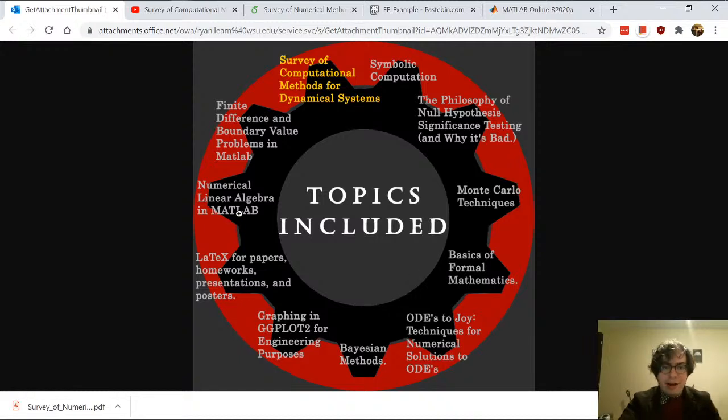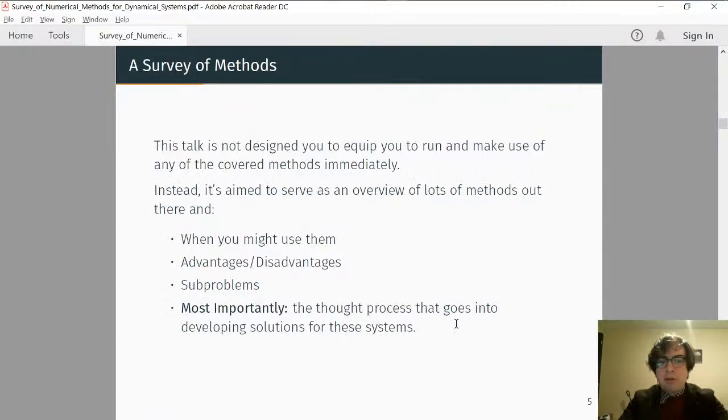Right? Numerical linear algebra in MATLAB, finite difference boundary value problems in MATLAB, and so on, to give you a piece of the puzzle to fill in and essentially look at those individual terms and solve them. So instead of trying to cram that all into one talk, because it's not possible, we're going to do a survey of the different methods out there and talk about when we might use them, the advantages and disadvantages of the different methods, all the different subproblems that those methods sort of